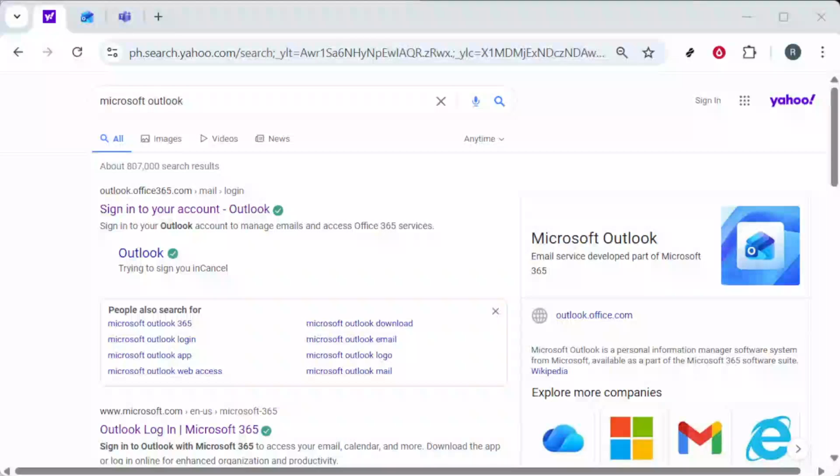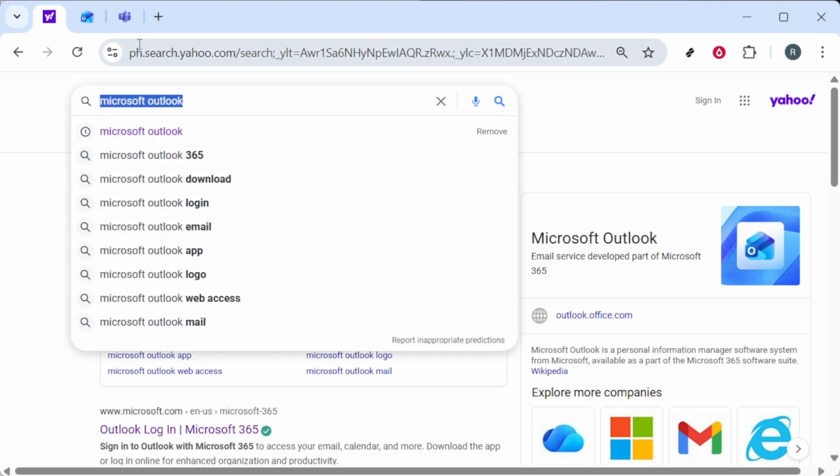In today's video, I'm going to teach you how to sync MS Teams calendar with Outlook, step by step. The good news is that Outlook and Microsoft Teams are designed to work together under the same